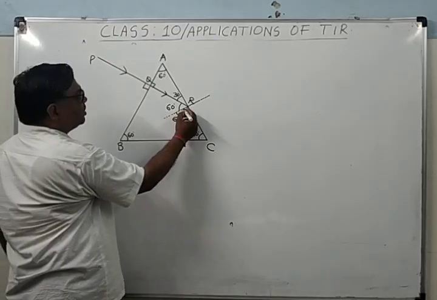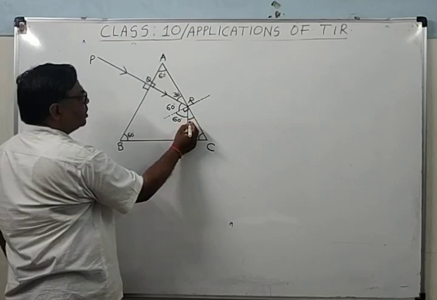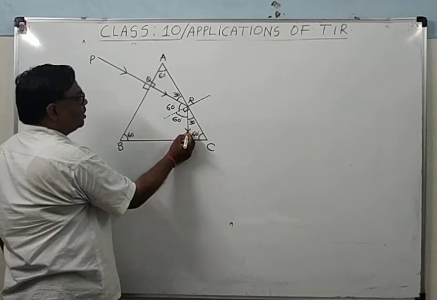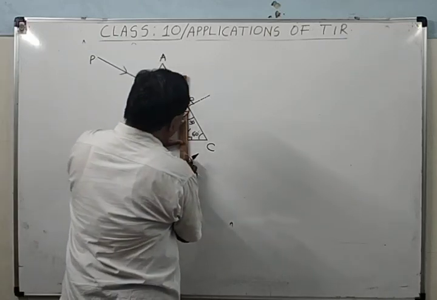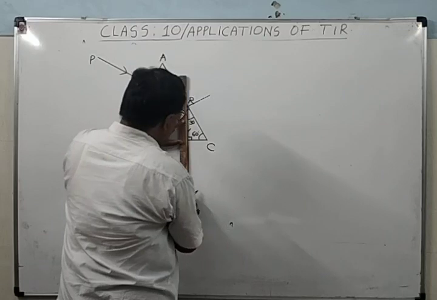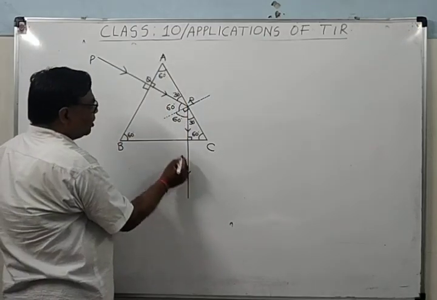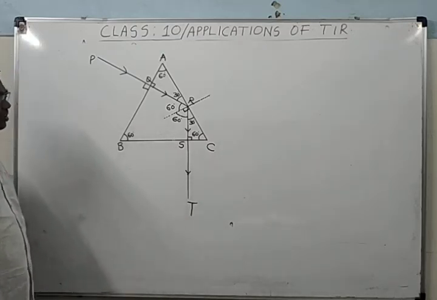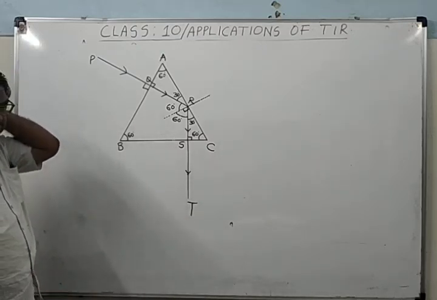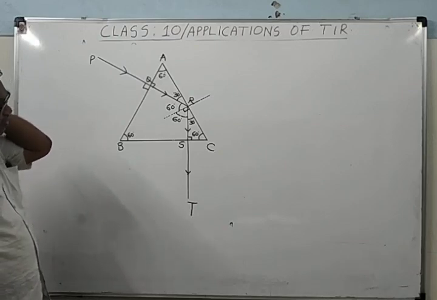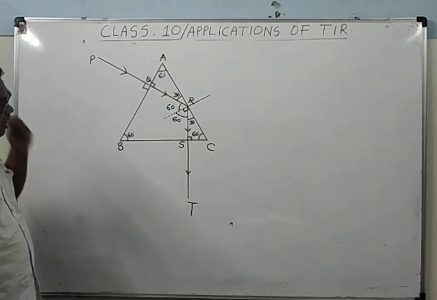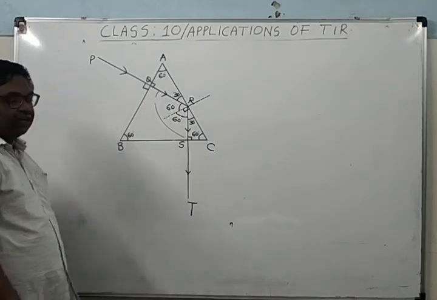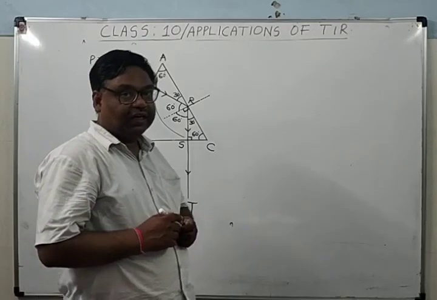Now this angle is 60, this angle is 90, so what will be this? 30 degree. This is 30, this is 60, so what will be? This is 90. So the ray of light will pass undeviated. It's clear? Yes. It is passing undeviated. It's clear? So here it had deviated by how many angle? How much angle? So it had deviated by, if you see here, it had deviated here by this way 120 degrees.